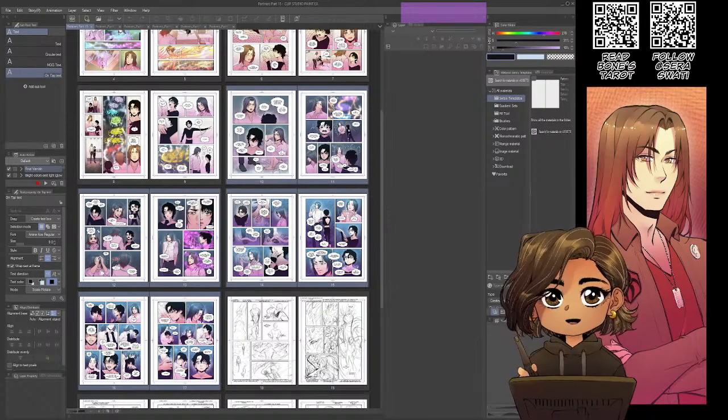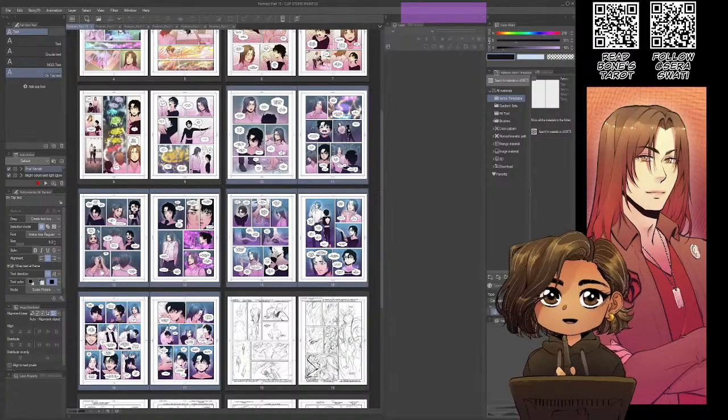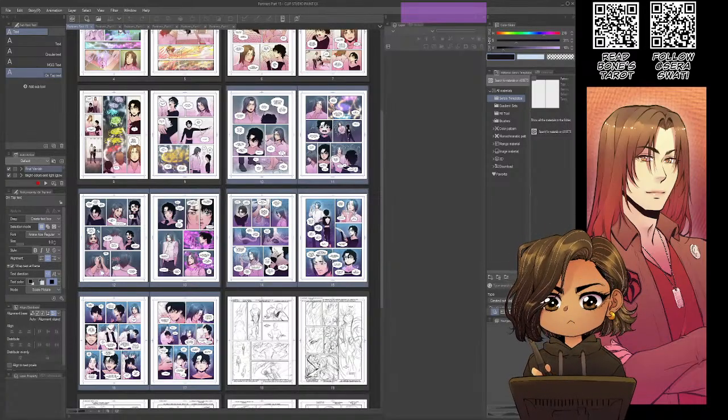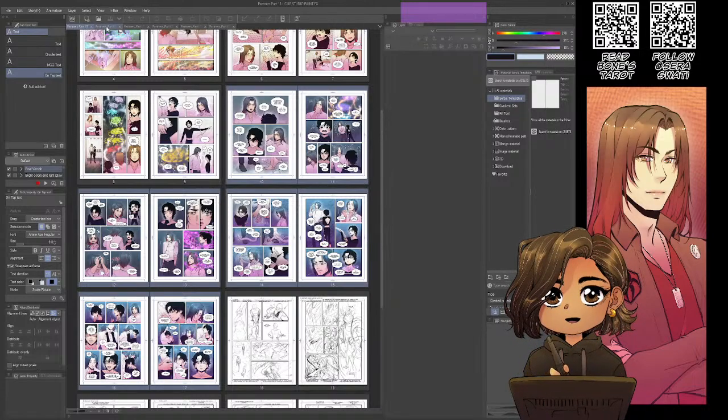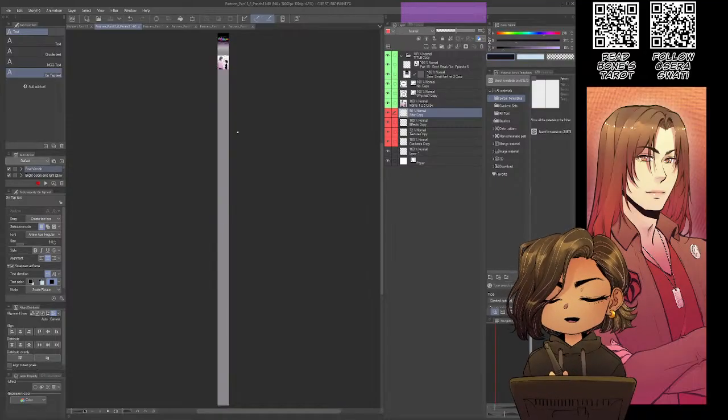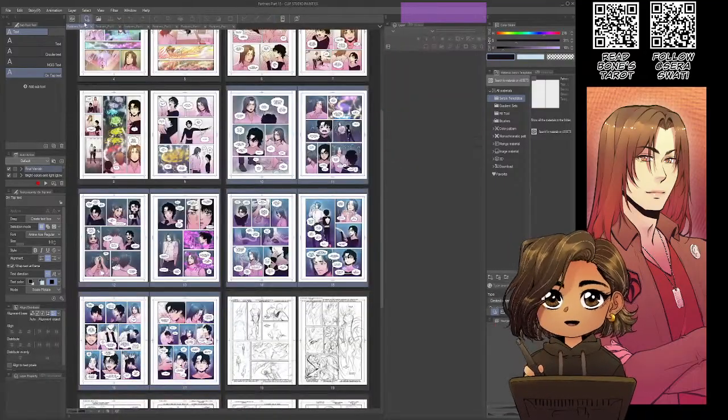Opening all these pages might cause Flip to crash. We don't want that. So, we can do 10 panels at a time, transfer over the dialog bubbles and the panels to the scroll canvas, and then rinse and repeat. That's what we're gonna do.